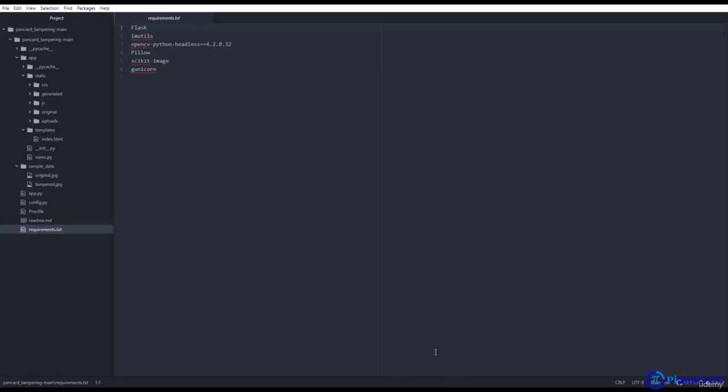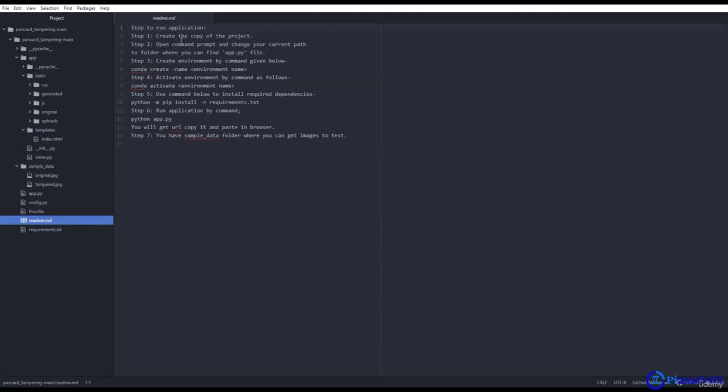If you go to the Anaconda command prompt and you go to the folder where you have this project, you can run this command, pip freeze, and it will create the requirements file in that particular folder, which will contain all the requirements for that project. As you can see here, I have already created it. So it successfully saved my requirements file in the same folder as requirements.txt. Other than that, I have created a readme file, which has the steps to run